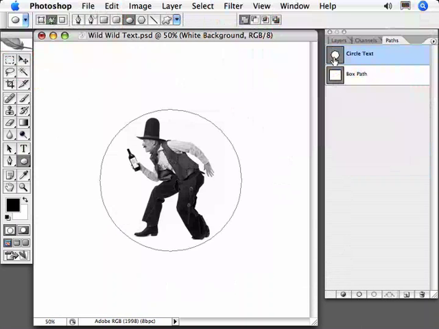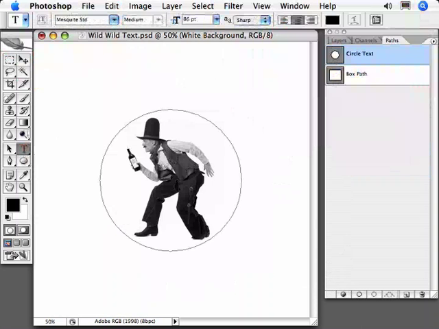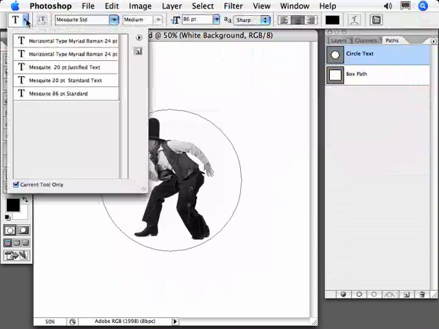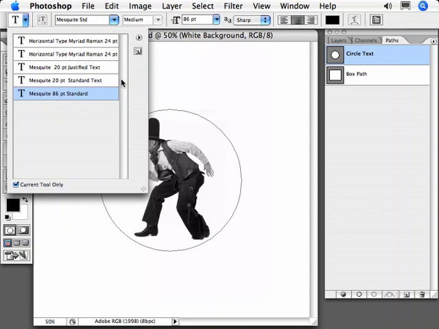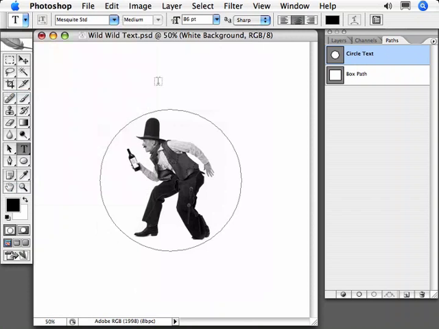Okay, let's get started. Now I'm going to select my text tool. I happen to have some presets that I created earlier. In this case, I want to work with Mesquite 86 point. So I select this preset. And of course, you can create your own presets by clicking on this flyout arrow, New Tool Preset, right here. Okay, I'm going to dismiss this by clicking away from it, then move into my work area